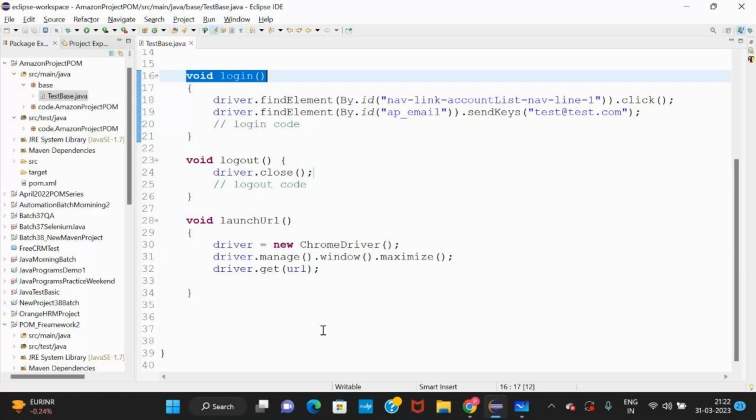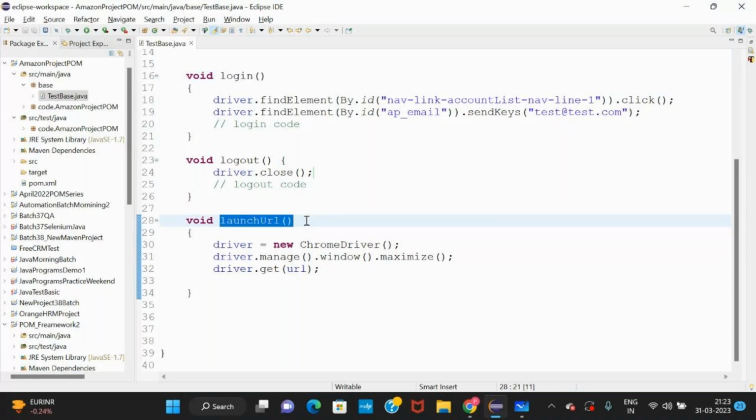In real time the number of methods will be in the hundreds, but if you pay a little attention to the details, you will be able to understand, because method names will always be as per the functionality. It does login, so the name is login. It does launch URL, so the method name is launch URL. Anyone can understand that.